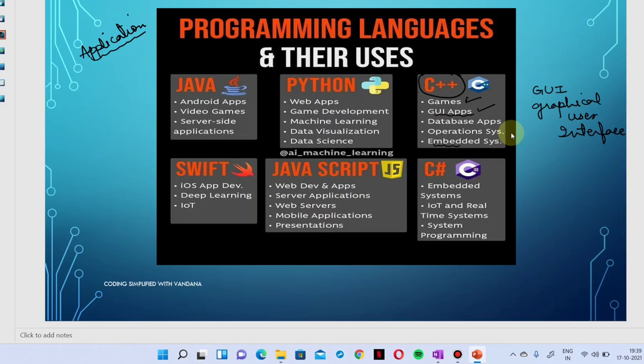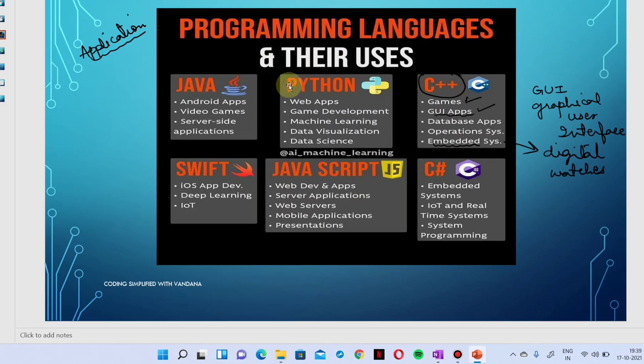Embedded means, if you can understand, the example of, let's say, digital watches. Okay, the digital watches have a small mini computer, you can say a microcomputer, which is embedded inside your device. To make your task simplified, we have the smart watches and all that these days. So, all these will come under embedded systems. The programming inside the embedded system is done using C++.